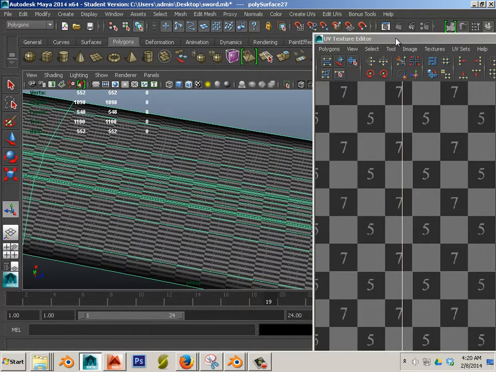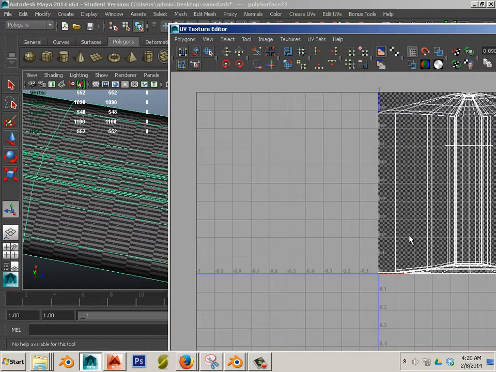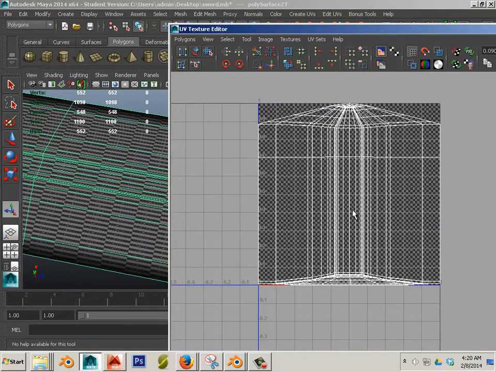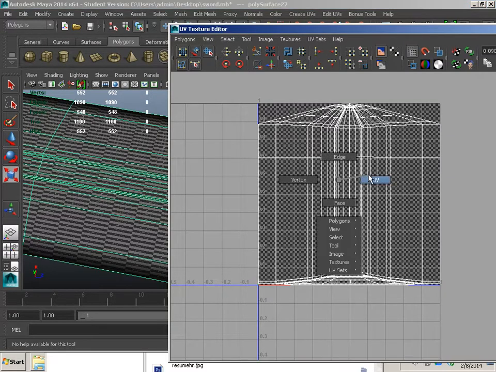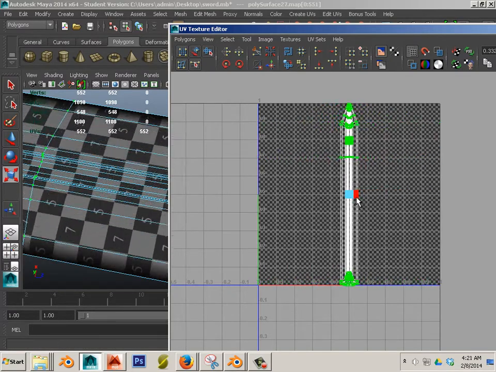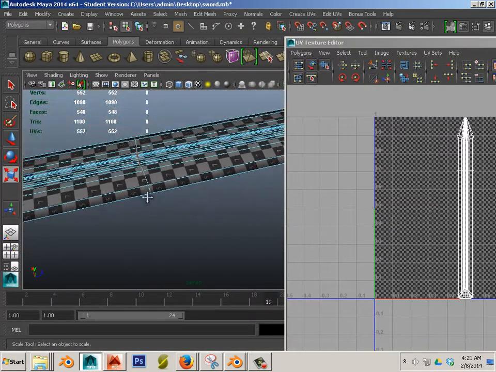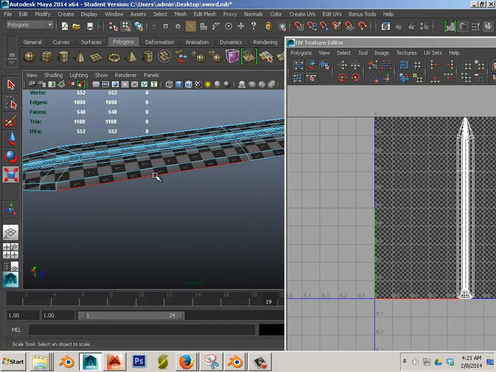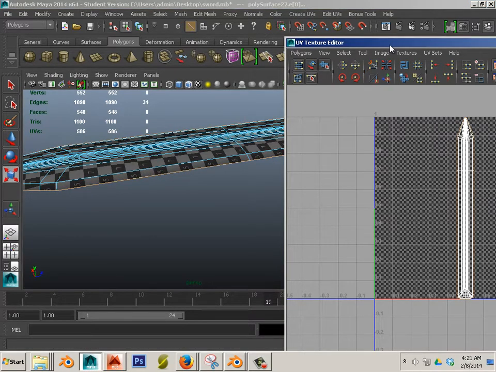Except for now it is very ununiformed, and it needs to be cut. So grab the blade, grab the UVs, go like this, and you can see it squares them right up. And then here I can grab the edge, cut it,